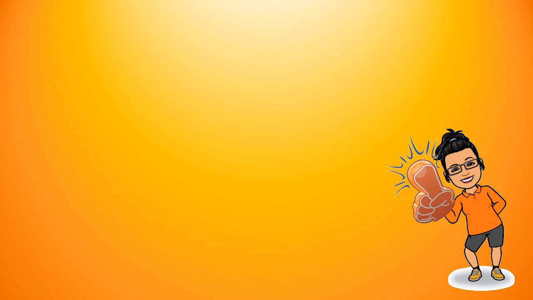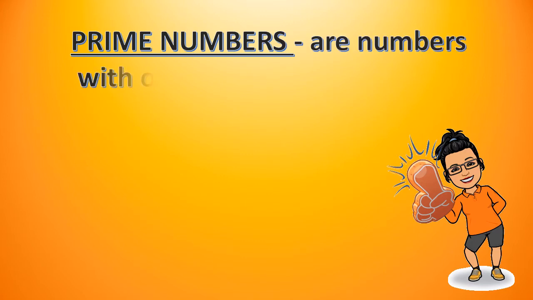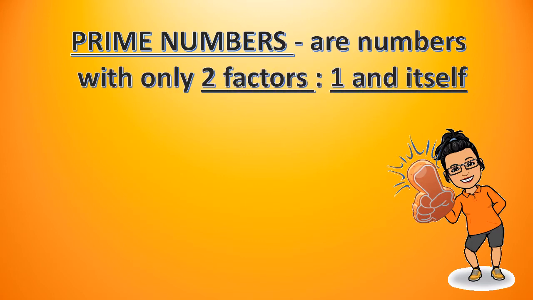Okay, before we continue, let's have a quick review. Prime numbers are numbers with only two factors. And those two factors are 1 and itself. Again, when we say prime numbers, these are numbers with only two factors. And those two factors are 1 and itself. So for example,